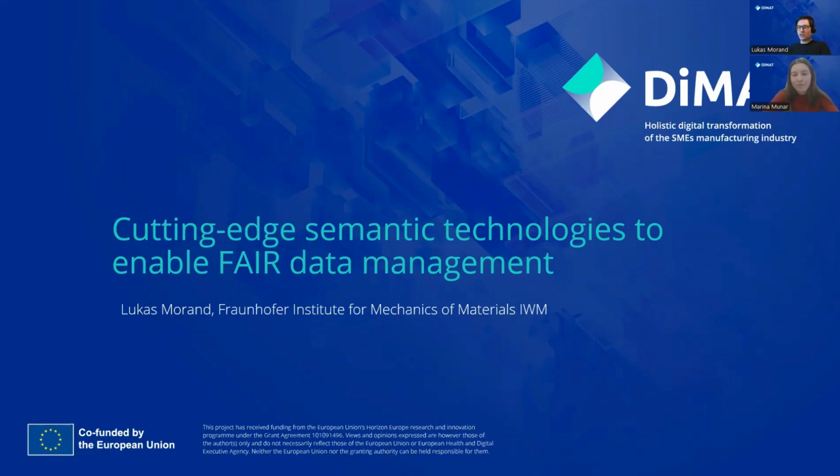Before I start, I quickly say some words about Fraunhofer. So Fraunhofer is one of the biggest research organizations in Europe. We are focusing on applied research. That means that we try to bridge the gap between basic research and the industry. And Fraunhofer comprises more than 70 institutes, each having their different focus areas. And we at the Fraunhofer Institute for Mechanics of Materials,